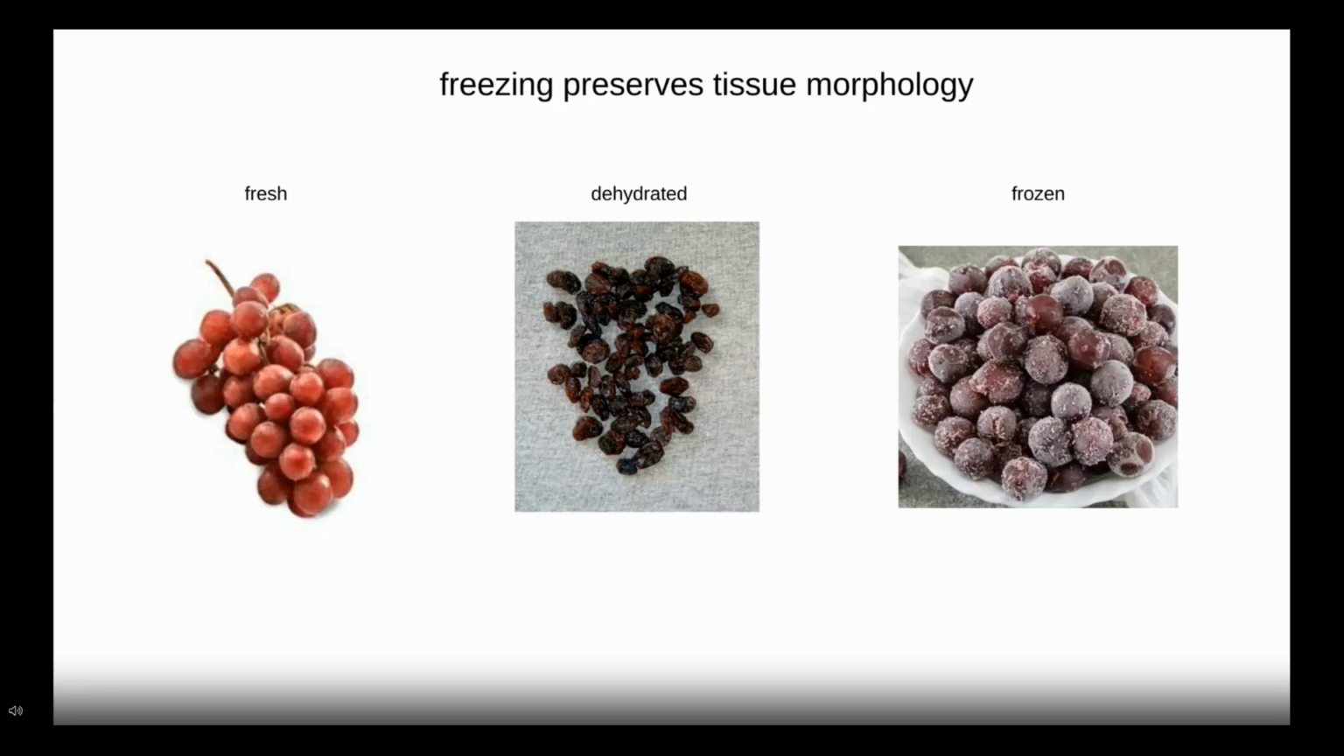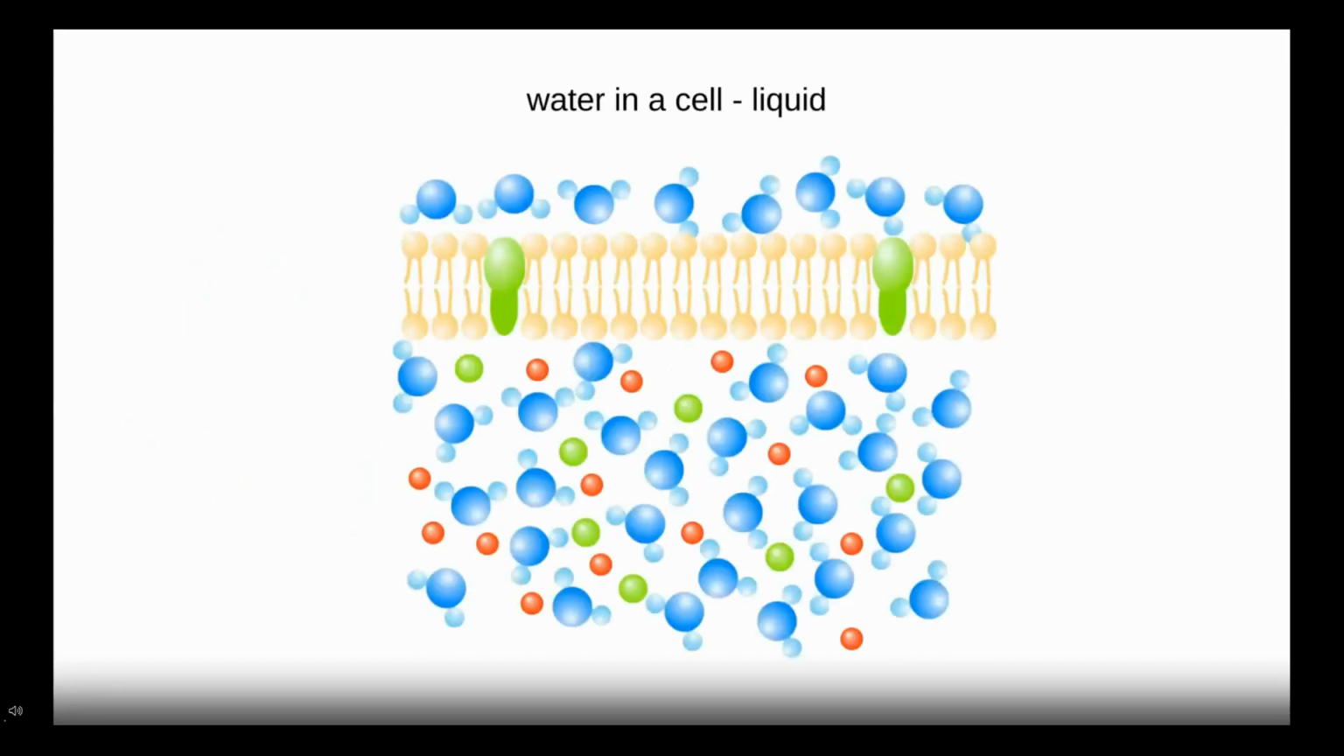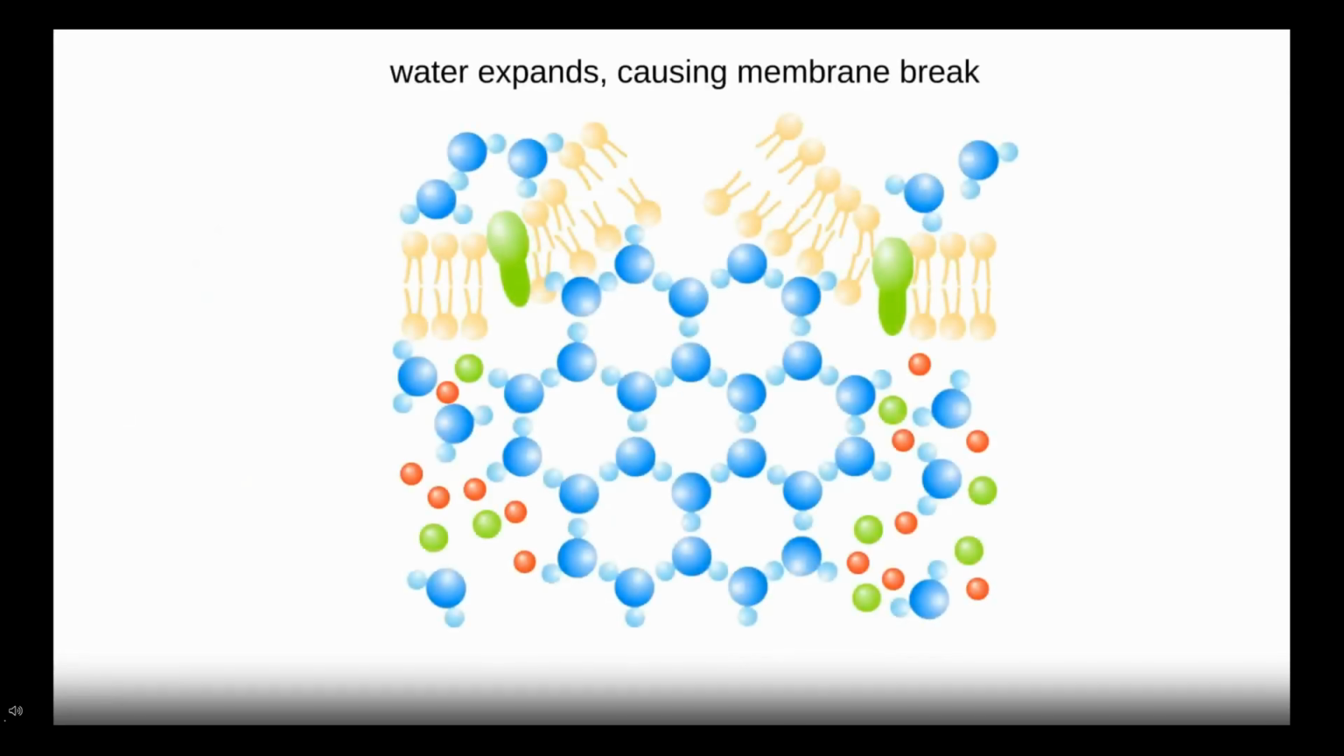Freezing tissue, though, is going to be a little bit of a problem. The reason for this is that, as you know, when you try to freeze water molecules, they form hexagonal ice crystals, and then they basically expand, right? And when the ice crystal expands, it's going to basically break the